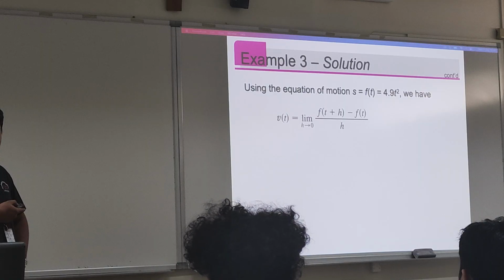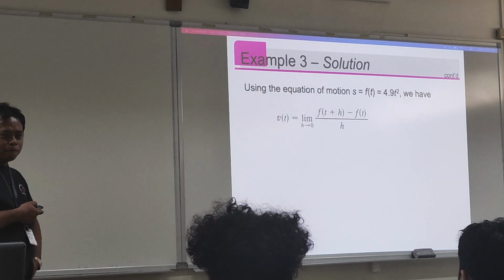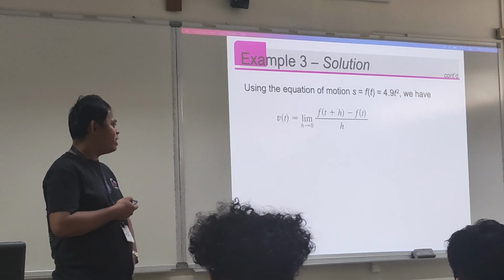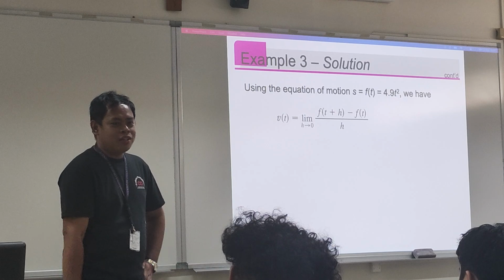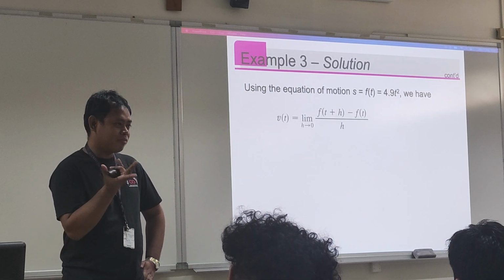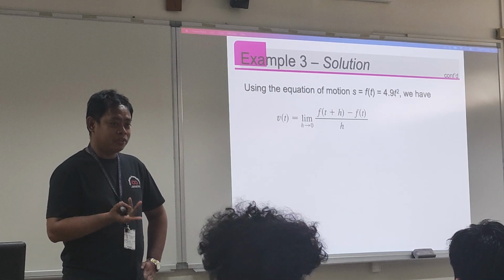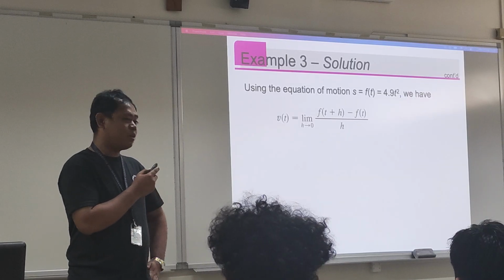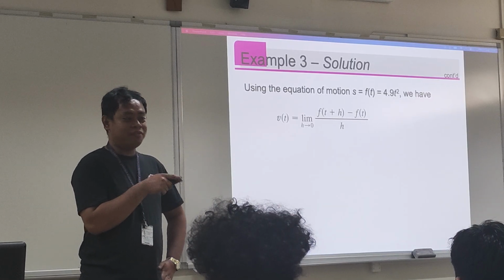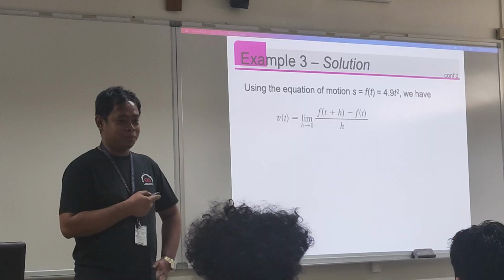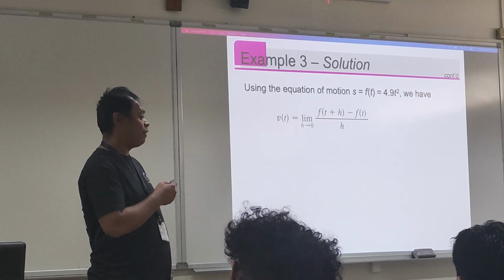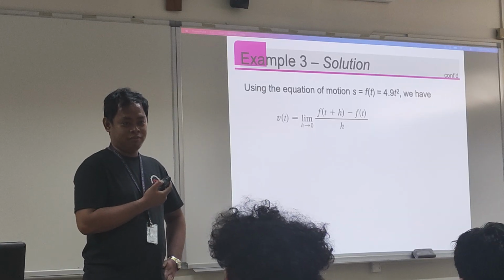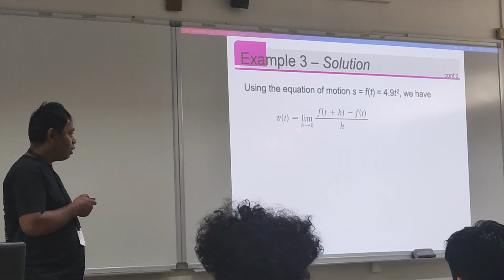What is the formula for displacement? Initial velocity times t plus a t squared all over 2. But here, assuming the initial velocity is 0, we have a t squared divided by 2. And the acceleration is just 9.8, divided by 2, that is 4.9 times t squared. So that is the initial position function of the motion.